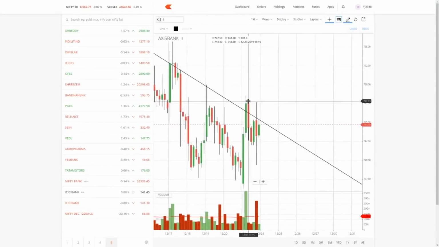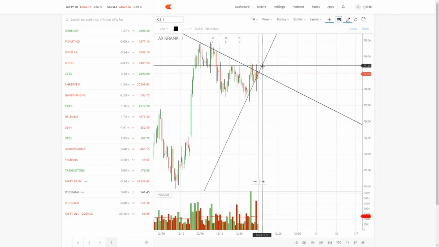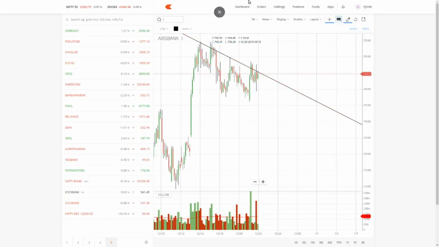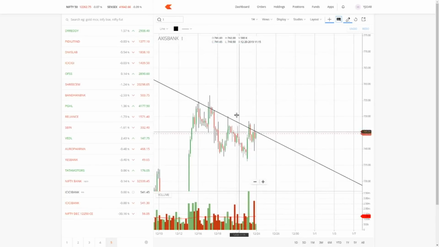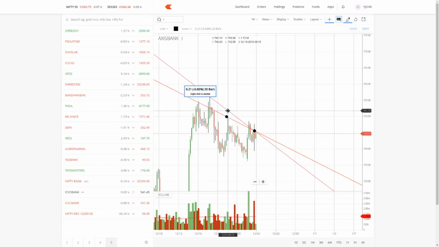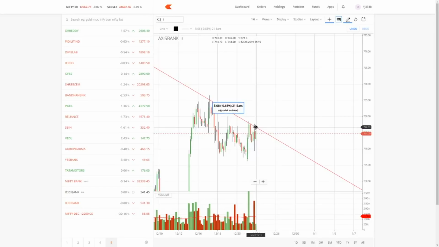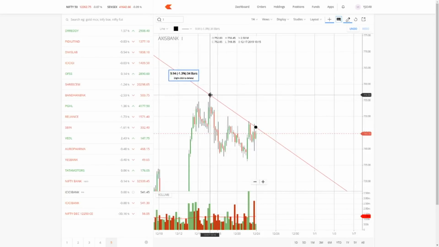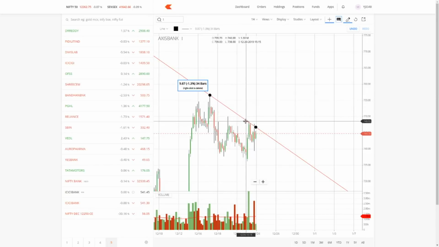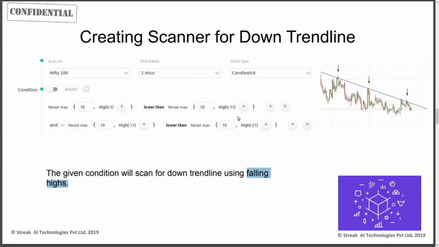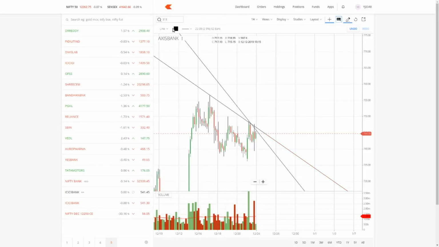We see that Axis Bank has been identified as a downtrend. I just changed to 1 hour candle and let me pull it down. So we see that Axis Bank is being indicated to be in a downtrend. Sorry, double lines came there. You can see that in the last 31 candles the highs are falling, lower than before, which is basically falling highs indicating a downtrend being formed. We can also look at Grasim,